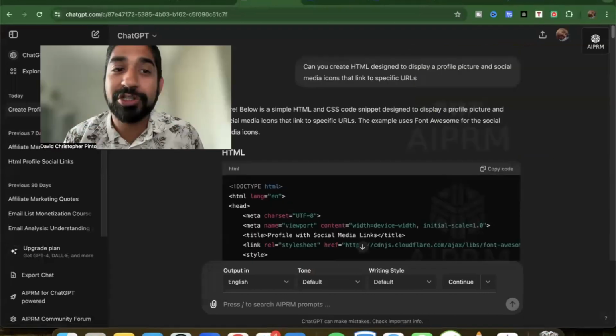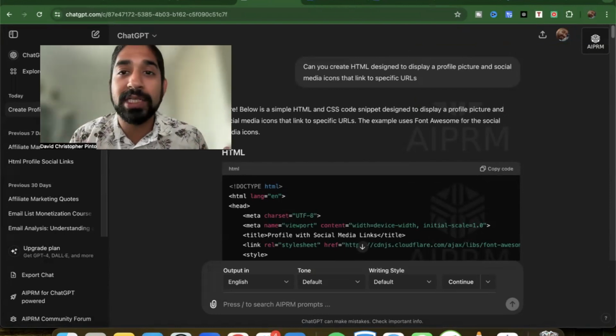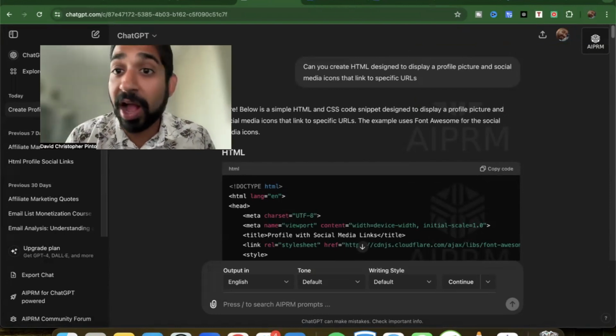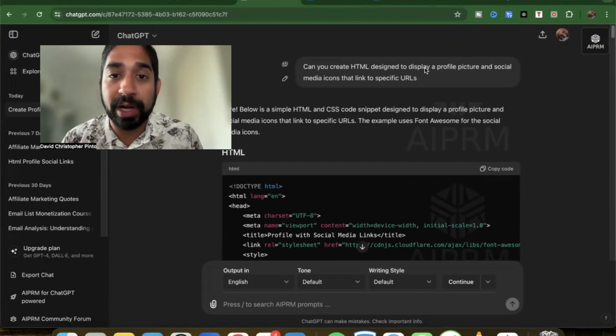So we're going to be leveraging ChatGPT first and foremost. If you don't have access to it, just create a free account. All these resources that I'm going to be sharing with you in this video are absolutely for free. So we're going to use ChatGPT, and I want you to put this code right here, and I'm going to